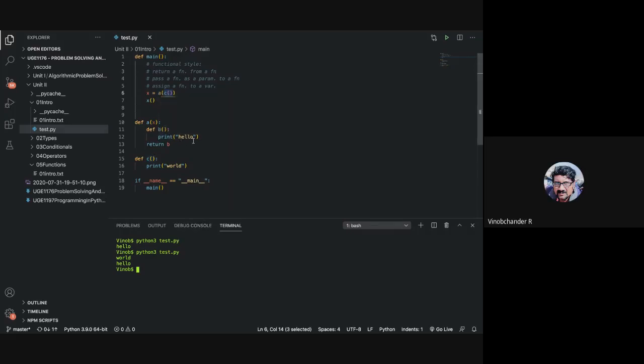Now, can I do this? Say inside B, I print hello, I come out, and then outside this definition B, can I call C, or here in this case X, and remove this altogether? This will also do the same thing, right? But we have to pass C, sir. You need not pass C.